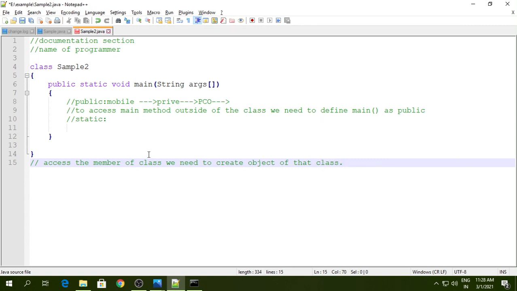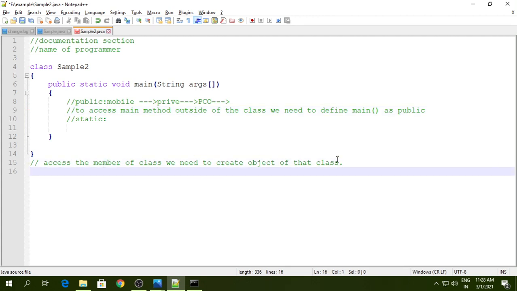That means, suppose I want to access the members of the sample2 class. What do you mean by the members of this class? The class generally has two members. First are variables, which we call member variables, and the second member is your method.